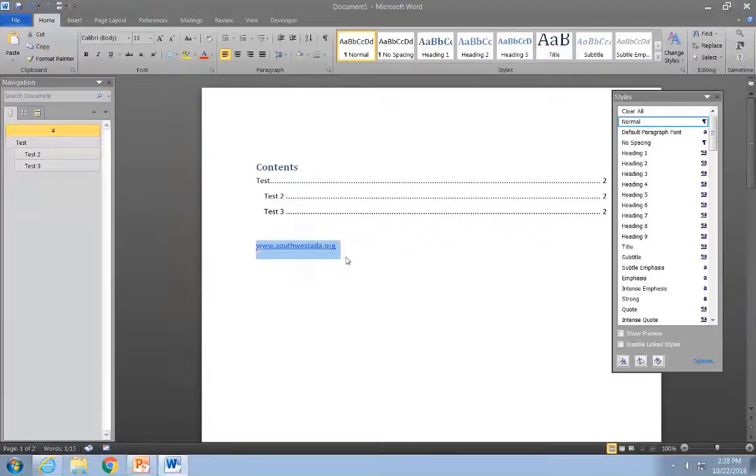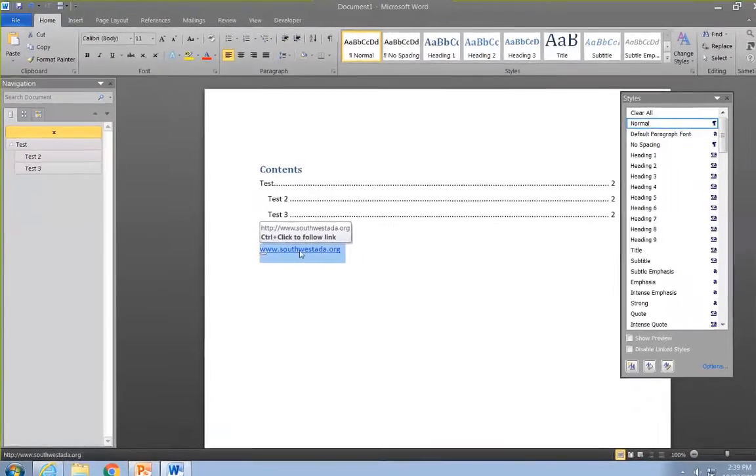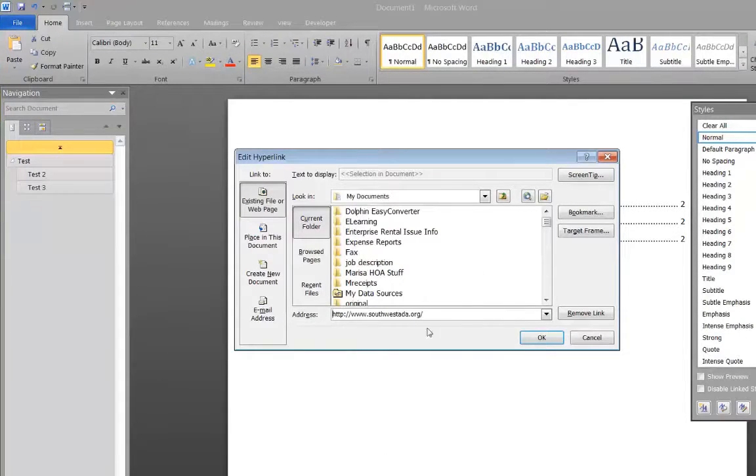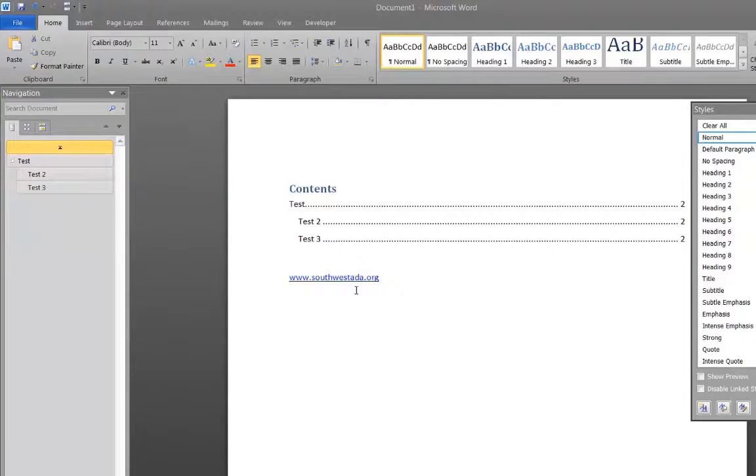If we're going to be sharing this only electronically, for instance, you want to just create the one word. So what I mean by that is you're going to highlight the text and right-click on it, and you can edit hyperlink in here. That's going to show you how to do this within your document. Up here where you have text to display, you'll notice it's not letting me select it. So what you want to do, instead of putting this entire link in here, if this is, again, only if you're going to be sharing it electronically,